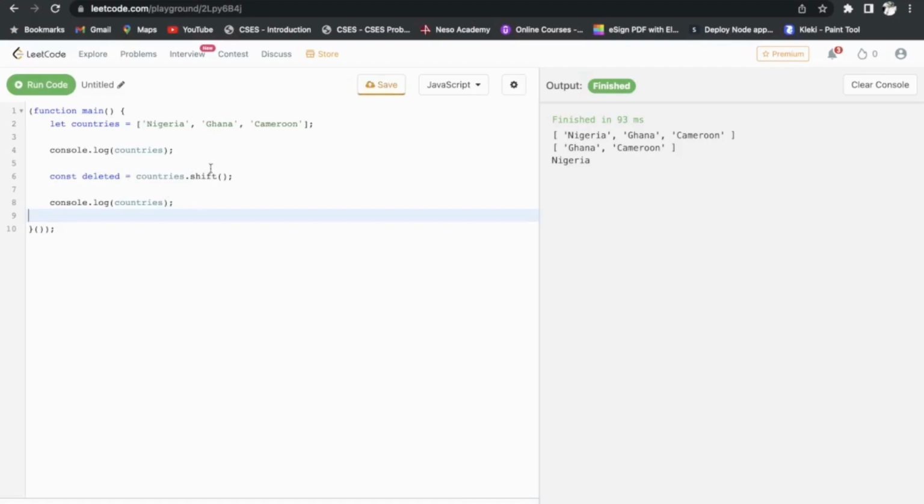So let's look at the unshift method. The unshift method adds one or more elements to the array and returns the length of the new array. So if I call unshift on countries, let's say I want to add, and it always adds to the first. So all the new elements that are added will be added to the first index, so at index 0. So let's say I want to add South Africa like this. So if I run this,